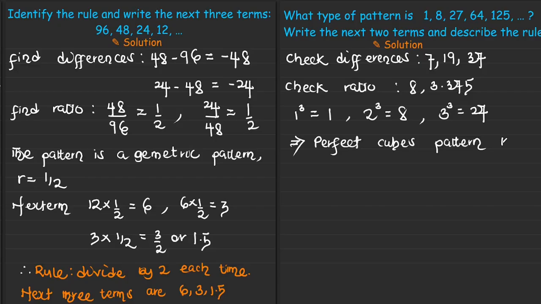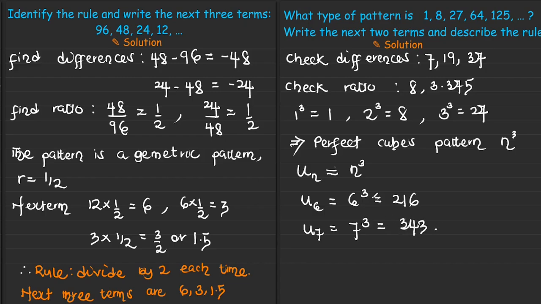And that is to say n to the power what? 3. So for every term, it is linked to what? N to the power 3. That is the general rule for this pattern. Hence, for our next terms, that is, we have 1, 2, 3, 4, 5, 6. So for our sixth term, that is U6, it is going to be what? 6 to the power 3. And 6 to the power 3 gives us a 216. For our seventh term, we have 7 to the power 3. And 7 to the power 3 also gives us a